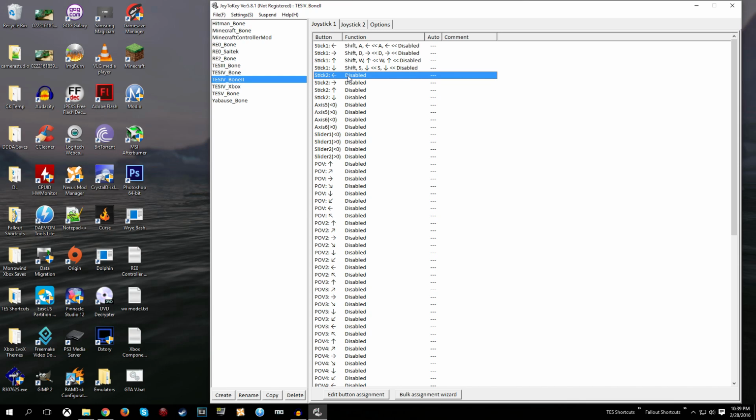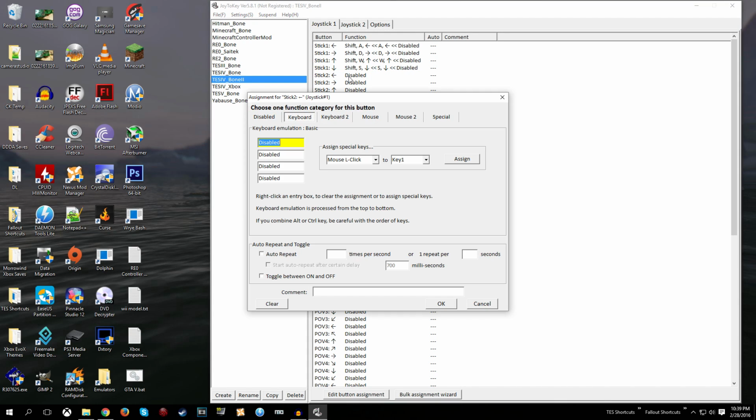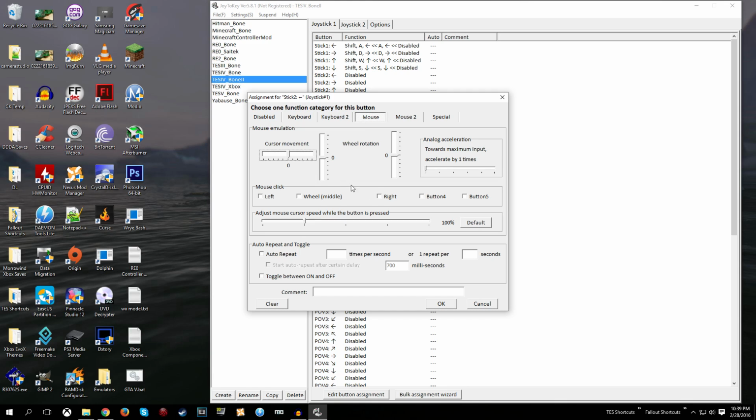Okay, so now we're going to map the right analog stick, and right now I'm going to go to left on the right analog stick. And obviously this is going to be cursor movement. Say I want it to be very basic and just turn cursor movement left to 100, that would make it incredibly difficult to fine-tune the analog stick, which is a bit of a pain. So I like to use analog acceleration. So what I'm going to do is move cursor movement down to -5, and then I'm going to use analog acceleration